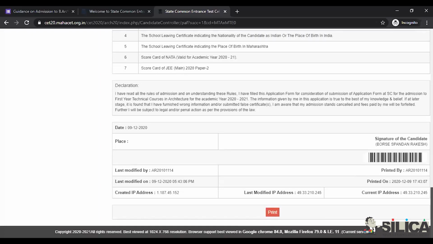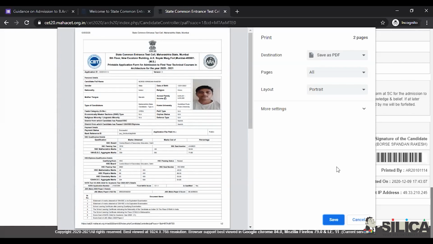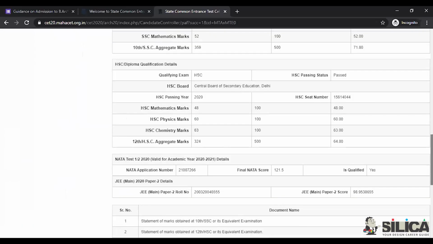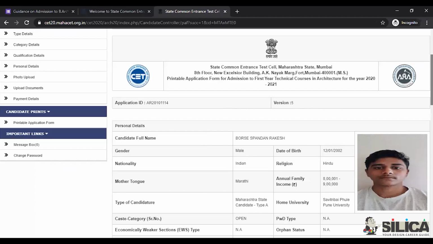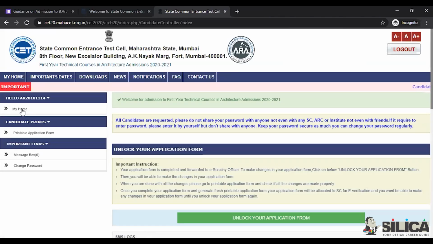So once you click on the print, here an option comes: save as PDF. You can save this for your reference. You must save this. So this is how you fill the application form. See, once you click on the print option, all your details will be saved automatically, and it will be sent to the e-scrutiny officer. You can see